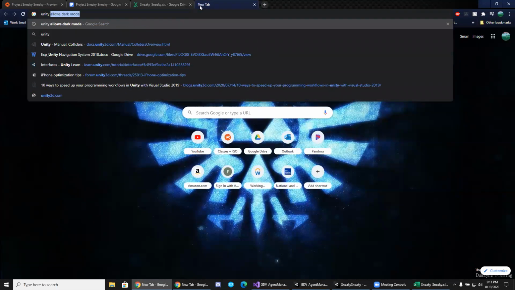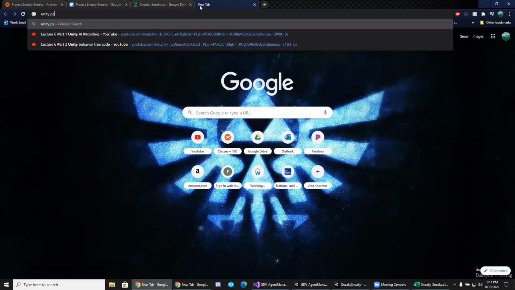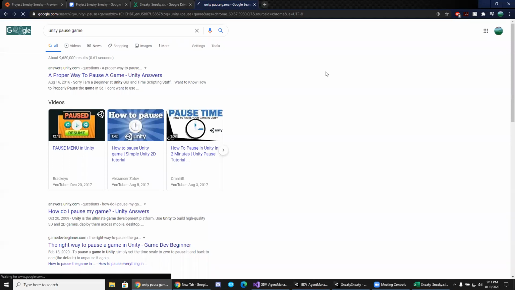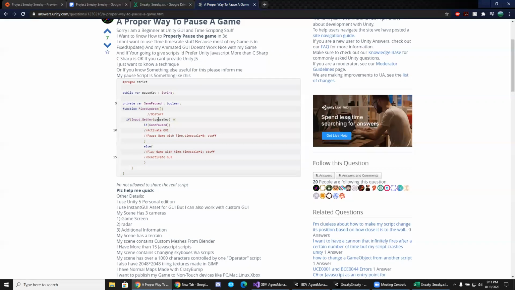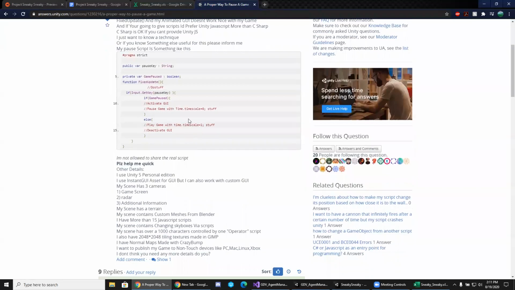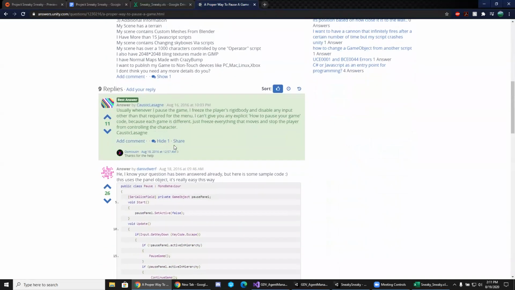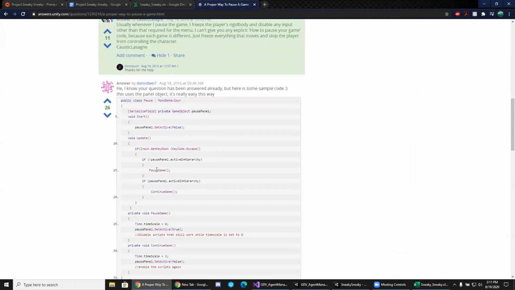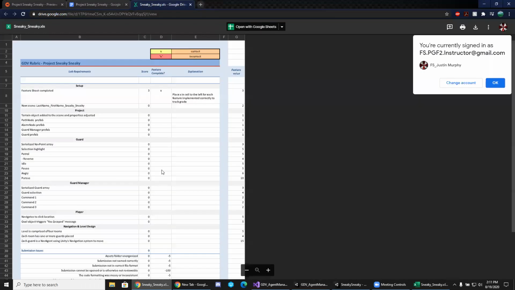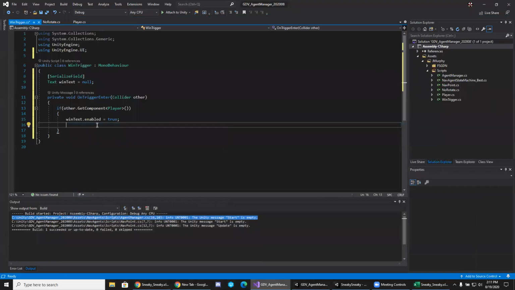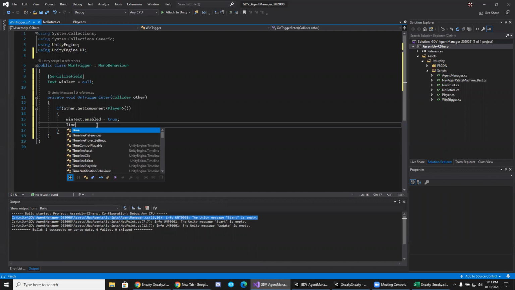Unity, pause game. Pause key, timescale. Okay, we can do it with a timescale. Not the best way, but there is a pause game. Pause game just sets the timescale to 0. Fantastic. All right. I was hoping for a better interface than that, but we'll just do